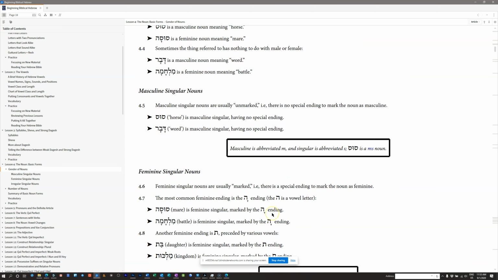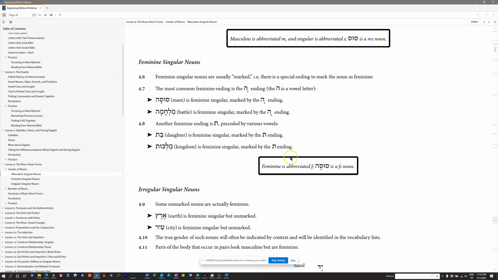That said, these little boxes here are going to summarize the indispensable information. I don't want to dismiss all the rest of this, but these forms are going to be the primary noun forms you need to be aware of. So masculine singular nouns will usually lack any sort of vocalic suffix. They're not going to have a real ending. Feminine singular will usually have a qamets he ending.